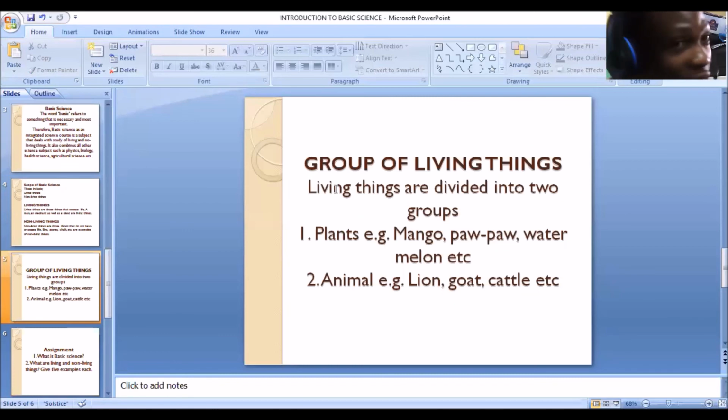And I gave you some reasons why plants are regarded as living things, because I know you'll be doubting, like, oh, why will plants be a living thing? Plants are actually living things. In our further discussion, we'll be looking at some of the reasons why plants are regarded as living things and why animals also are regarded as living things. And also, we'll try to look at the differences between plants and animals.